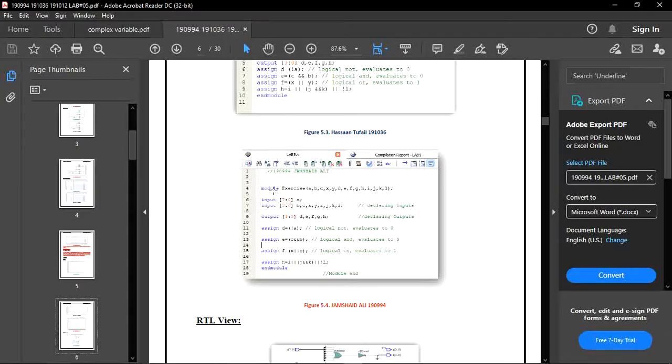First of all we have to declare all the inputs and outputs, and in the first case we have to give the size of input, and in the second step we have to give the size of output. We give input 1 an 8-bit size and all other inputs 4-bit size, and then the output 4-bit size. After assigning all the conditions, we end the module.